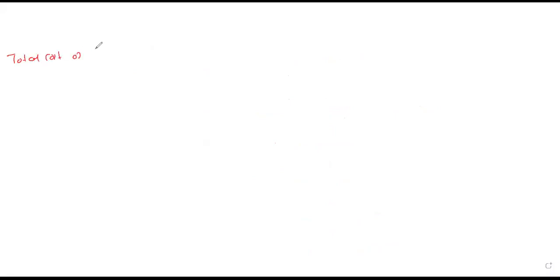Total cost of the bridge is equal to T is equal to N of A1L square plus A2L. What is this A1L square plus A2L? This is nothing but the cost of one span of superstructure. That is what we have written in the previous. So how many spans we have? We have N number of spans, so we multiply by N. N of A1L square plus A2L. Clear? Plus